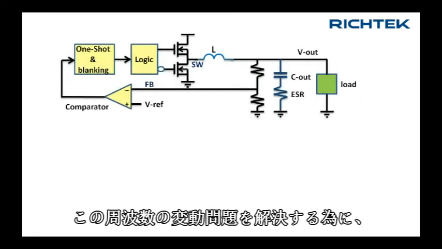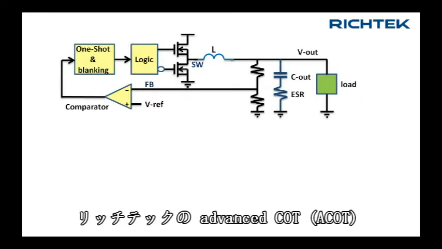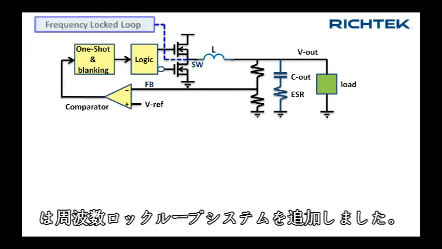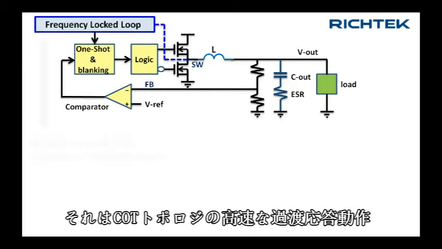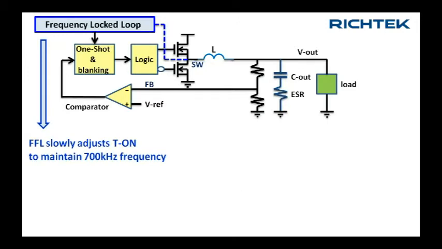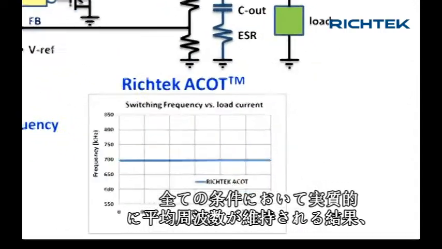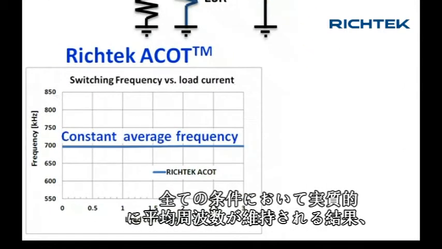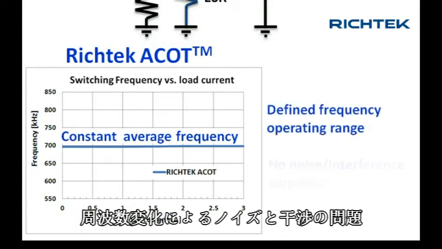interference problems. To solve this frequency variation problem, Richtek's advanced COT has added a frequency locked loop system, which slowly adjusts the on time without influencing the fast transient behavior of COT topology. The result is a virtually constant average frequency in all operating conditions, which helps to avoid noise and interference issues